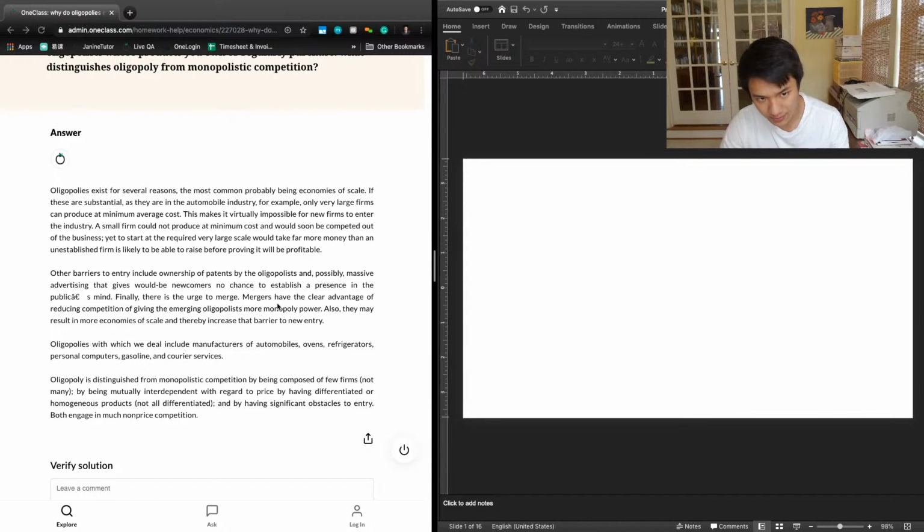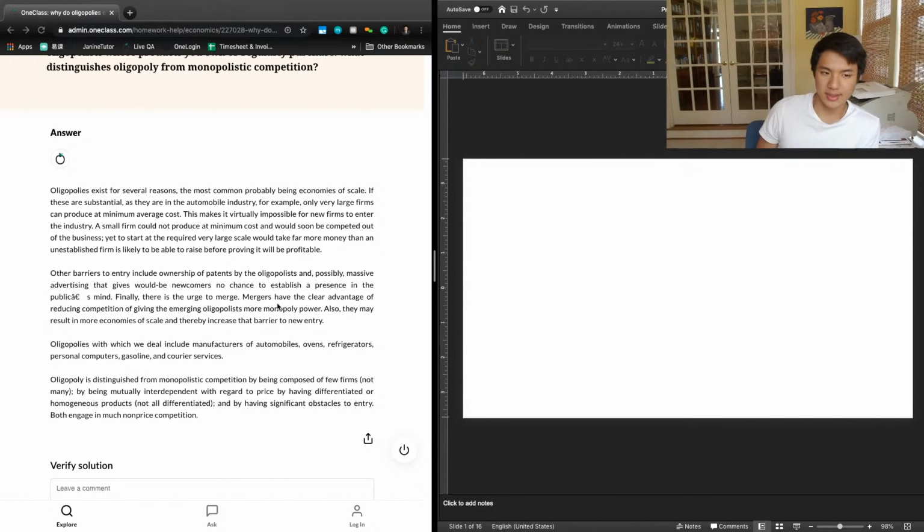So you have to invest millions of dollars into building these factories and then pump out enough output for that to be worth it. And so that upfront cost before you can experience any economies of scale is why the automobile industry is a good example of an oligopoly. Okay,